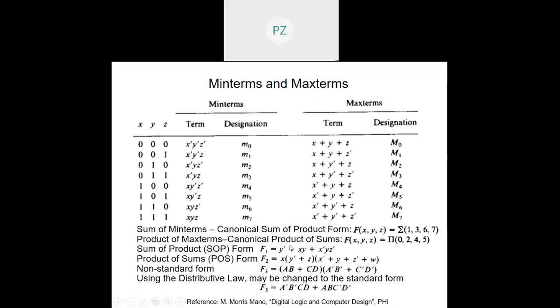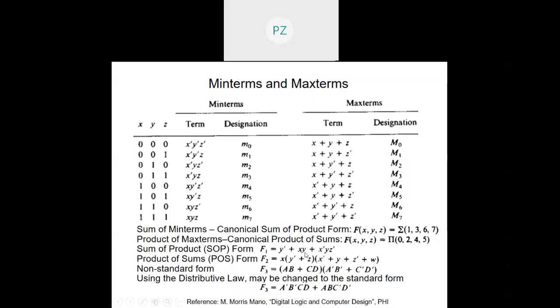Apply the distributive property, then you will get four terms out of it, because you are ANDing with x plus x dash, two terms, and z plus z dash, two terms. Four terms will emerge out of it.